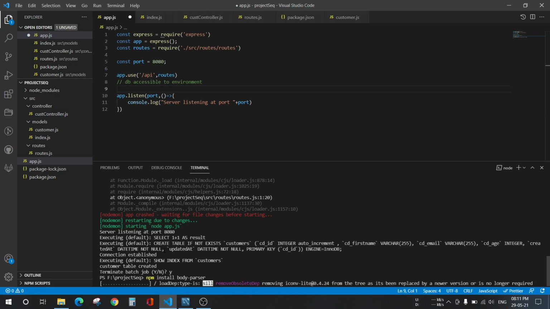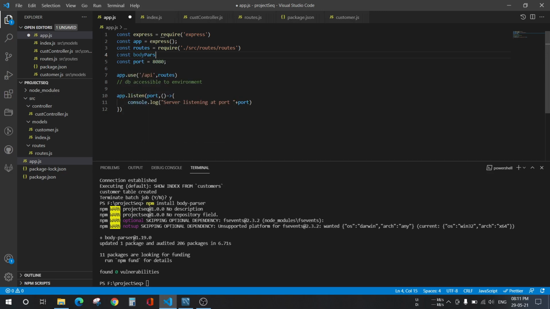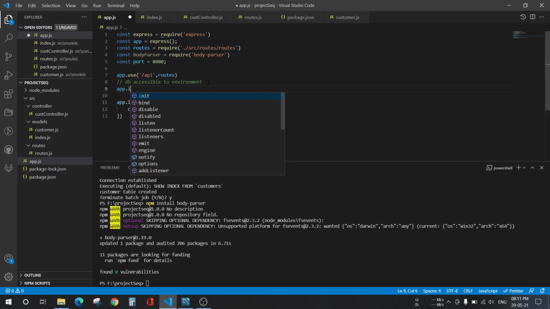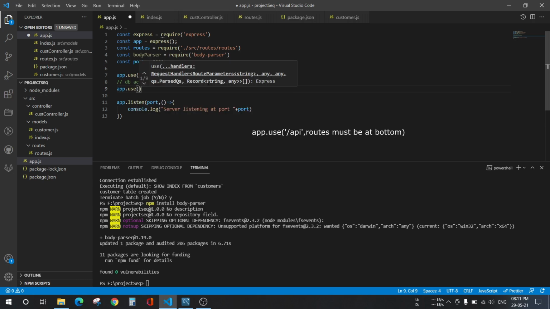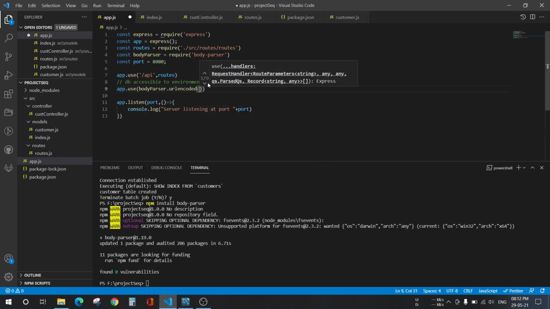Then after it gets installed, we'll just require this thing here, and I'm gonna use it here. Extended, that will be false.